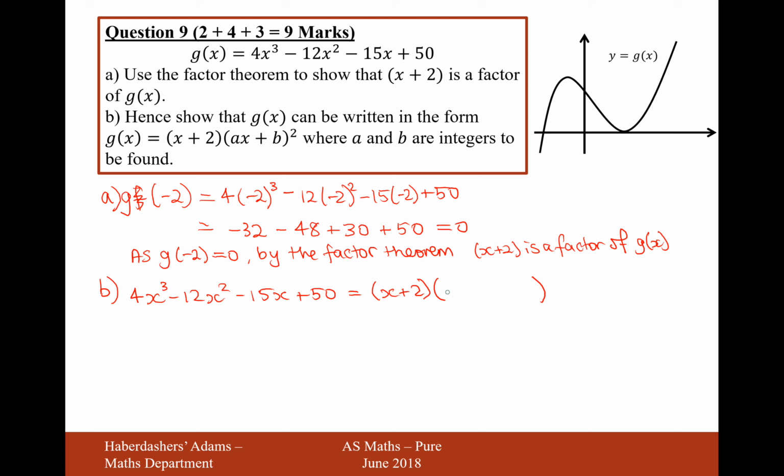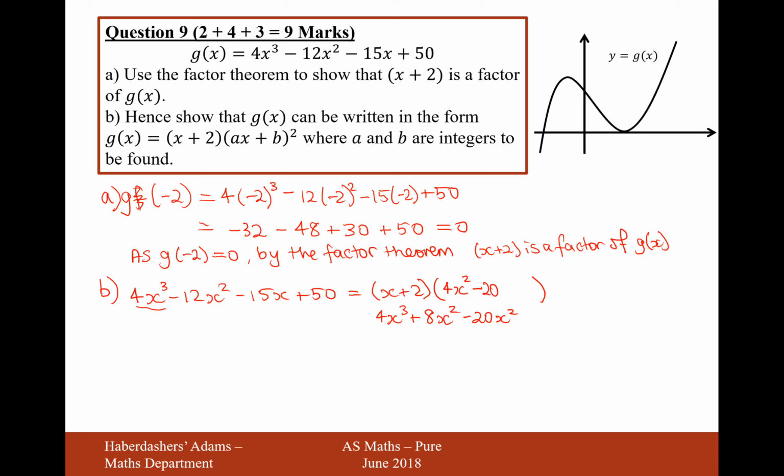So it's definitely going to have to be a 4x squared as the first thing inside the bracket to make ourselves the 4x cubed. Now when we expand that, we're going to get 4x cubed and then plus 8x squared. But we actually would like minus 12x squared when it's all fully expanded, so I now need to take away 20x squared. So in the second position here, we'll need to times by x to give us this minus 20x